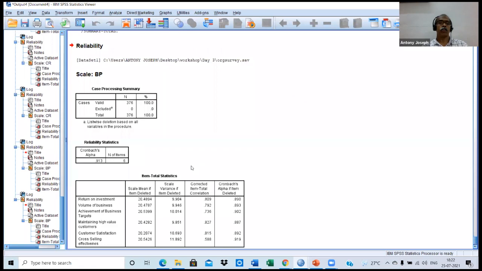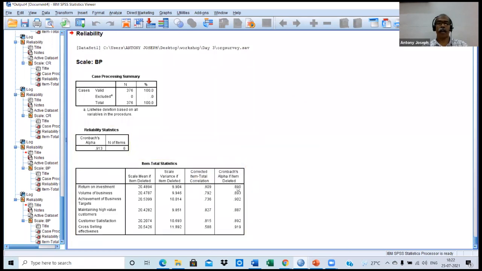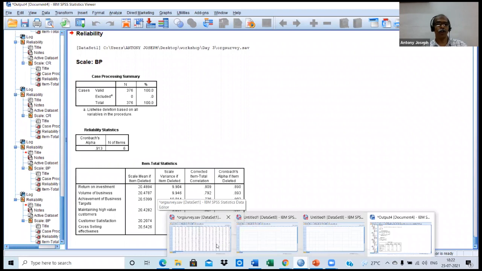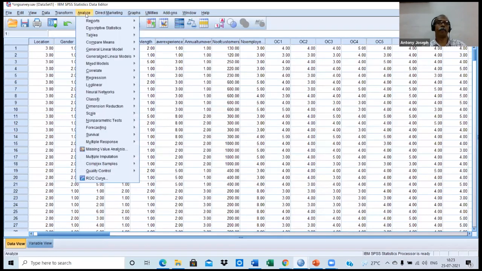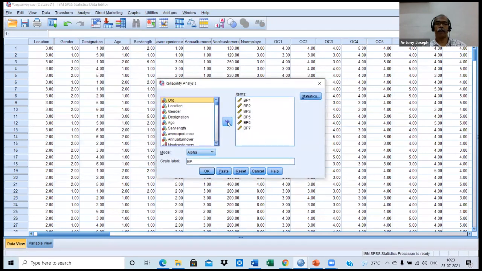Okay. So 0.913 is the Cronbach alpha. Look here, any item having more than 0.913? Yes, definitely one more item. Cross-selling effectiveness. It is having Cronbach alpha 0.919. Again, the process is to be repeated. That means this item is also going. Cross-selling effectiveness is going out of the performance evaluation. That last one, BP7.